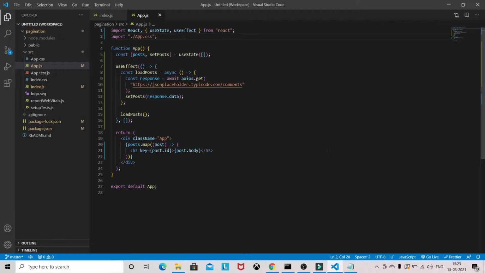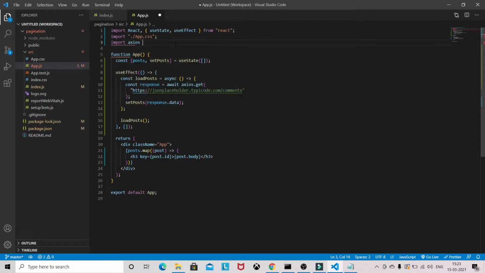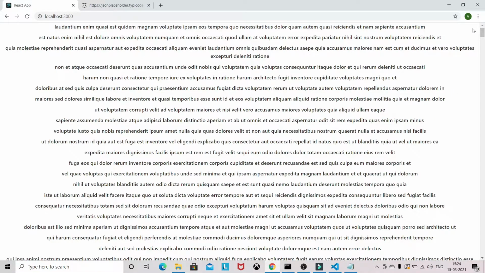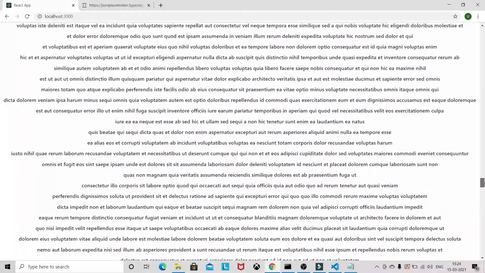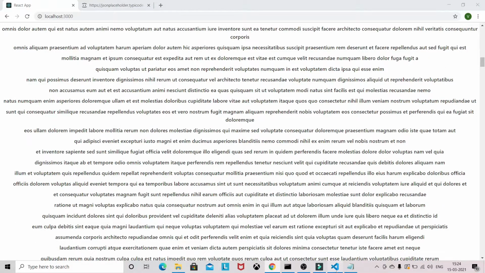So we need to first import Axios, so import axios from axios. The basic setup I have already done, and it's returning 500 data as of now.